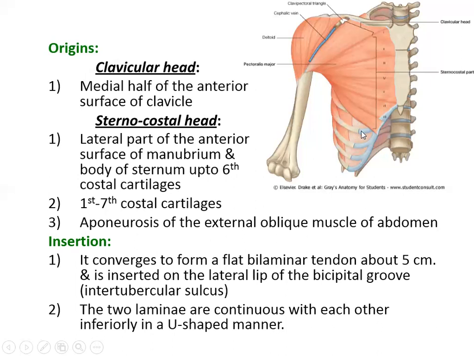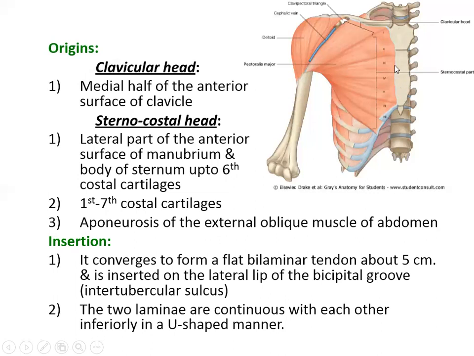So the cartilage which is attached to the costa, or the ribs, is called the costal cartilages. From each rib, the first rib will have the first costal cartilage, the second rib will have the second costal cartilage. So deep to that will be the costal cartilages. It will take origin from the first to the sixth costal cartilage at that level on the sternum, as well as from the first to second costal cartilage. So costal cartilages are lateral to the sternum.